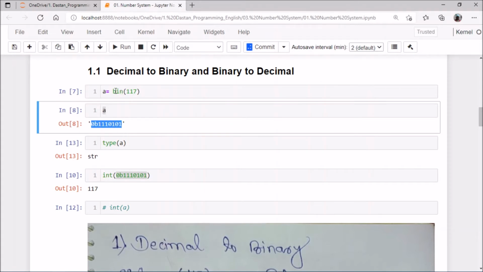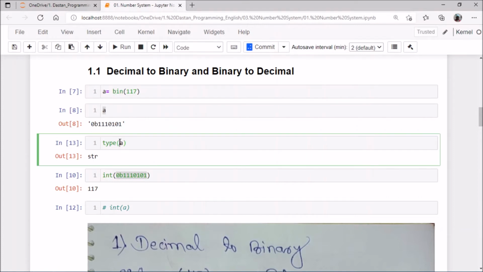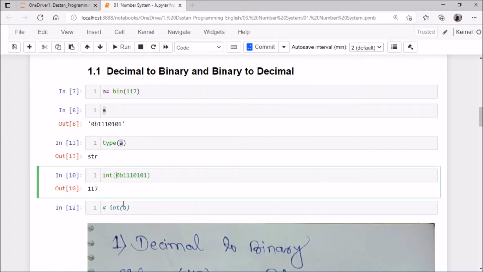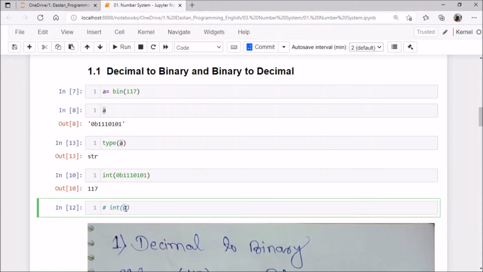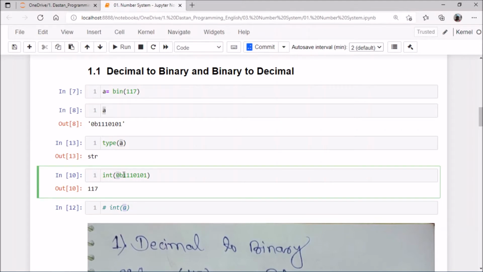After converting with the bin function, it returns the value in string format. So we can see here the type of a is string. We can't use a string type inside int like this. So simply we have to put the values only in binary form, and we will get 117.